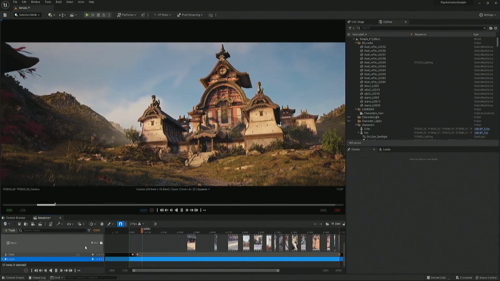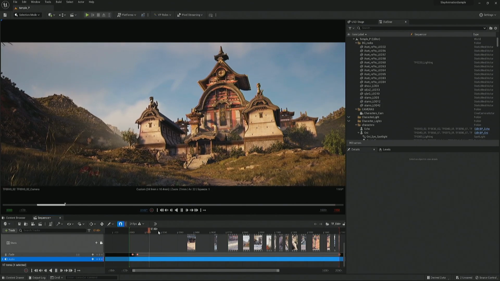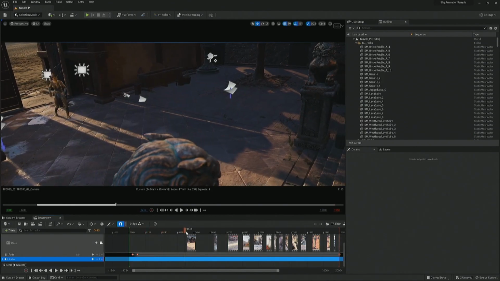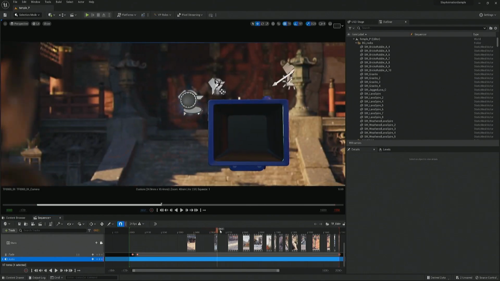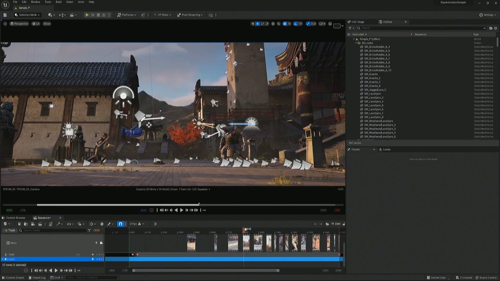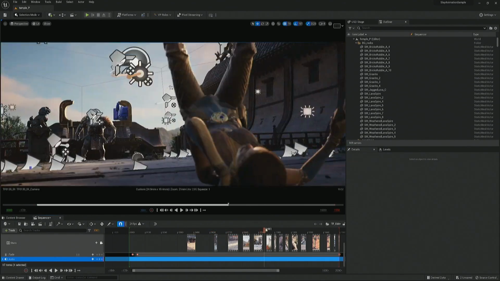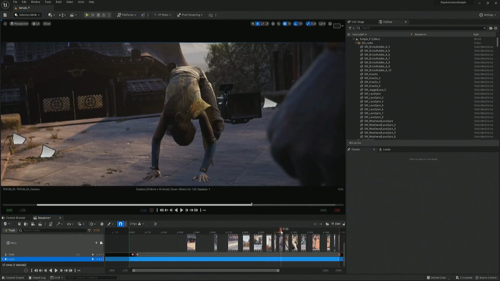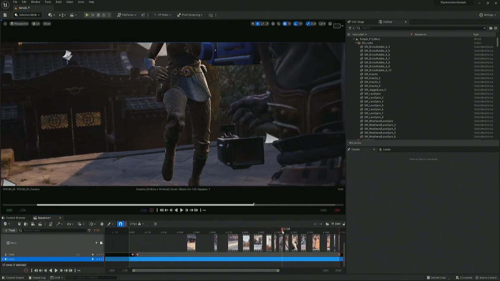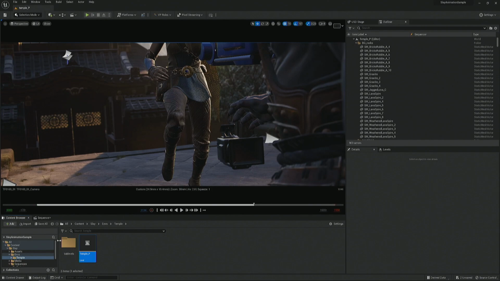This is Slay, which is on the marketplace, so you can find it there. It's an animated short that we had done, and it's a nice example of a fairly complex environment with a bunch of shots happening in a sequence. I'm only exporting out one of the shots, but you could grab the top level sequence, which has all the shots attached to it, and export all of it at the same time.